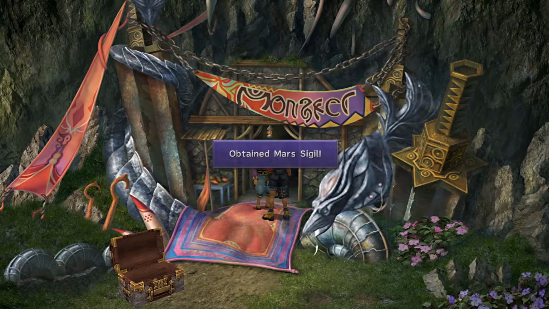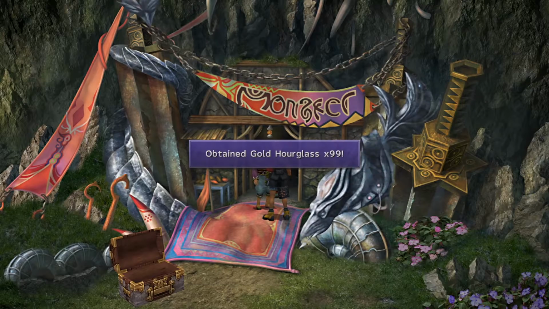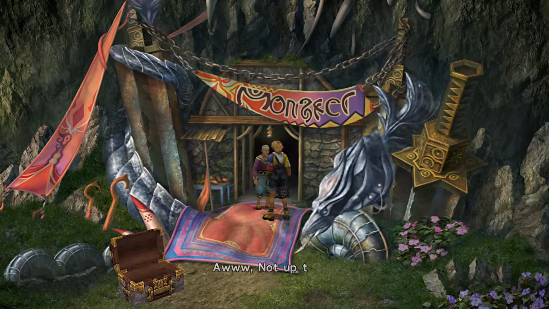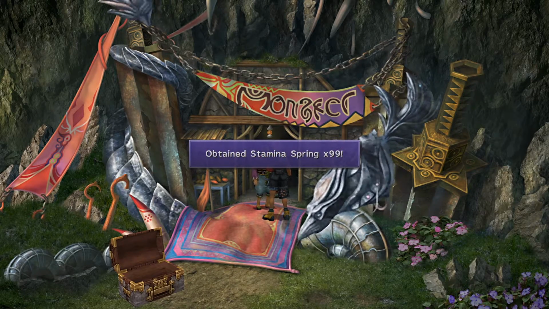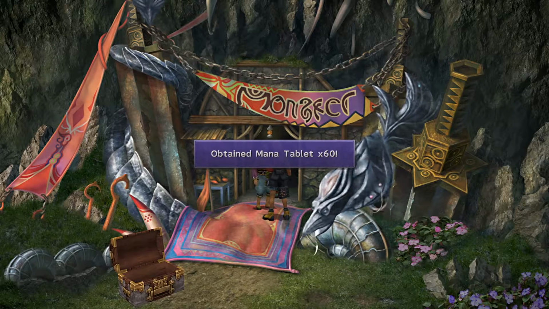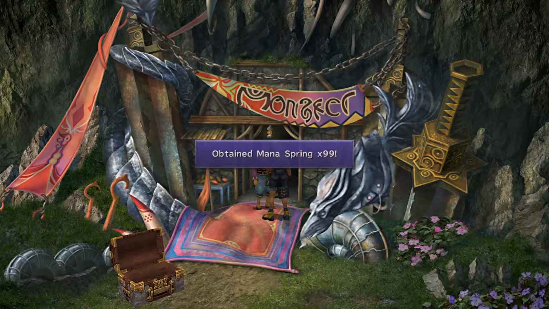So, we got the Mars Sigil, that's for Auron. We got Shadow Gems 99, Mana Tonic ×60. So just keep exiting and re-talking to him to get all your rewards. There's Gold Hourglass 99, Purifying Salt 99, Stamina Tablet 60, Light Curtain 99. Pretty sure I had 99 of those too. Turbo Ether 60, Candle of Life 99, Stamina Spring 99, Lunar Curtain 99, Chocobo Wing 99, Poison Fang 99, Soul Spring 99, Mana Tablet 60, Shining Gem 60, Twin Stars 60, Star Curtain 99, Chocobo Feather 99, Mana Spring 99,